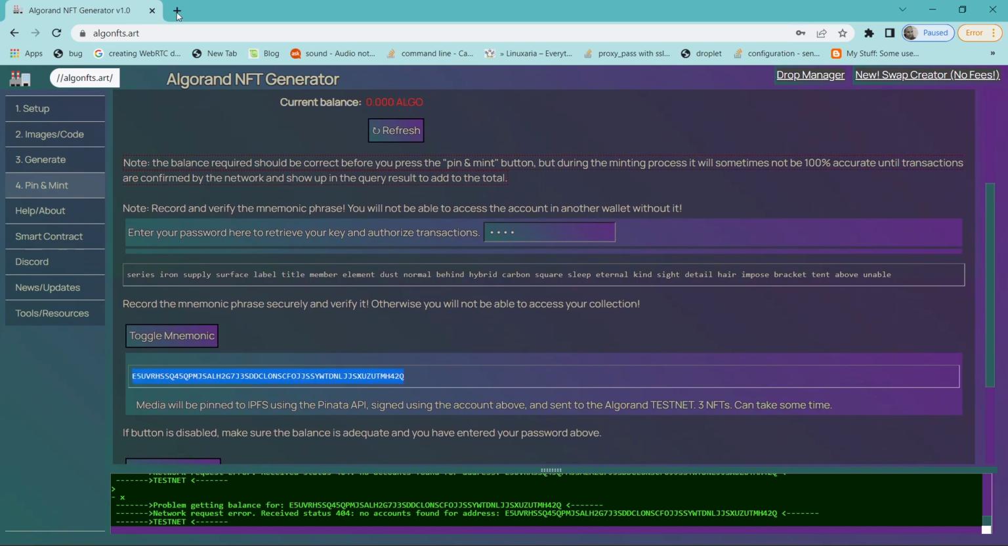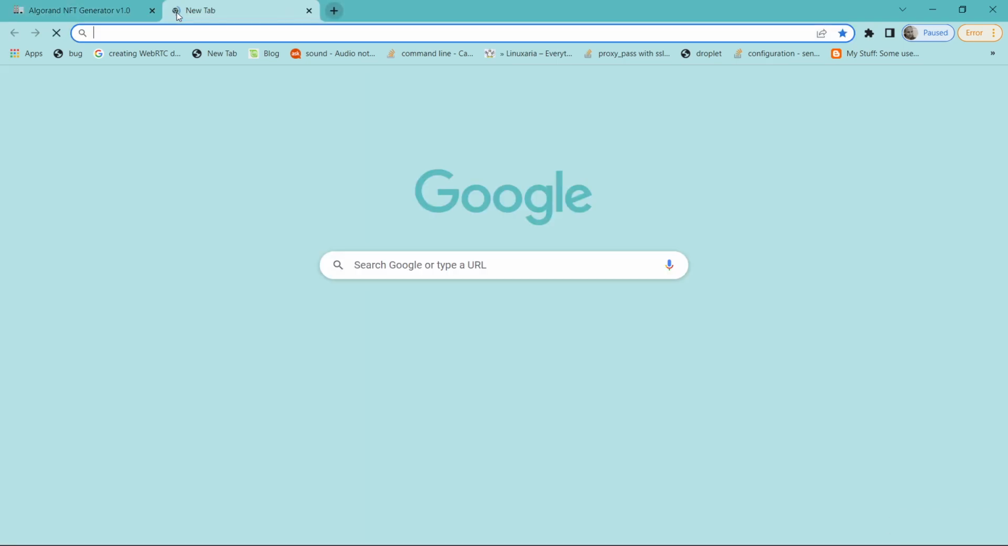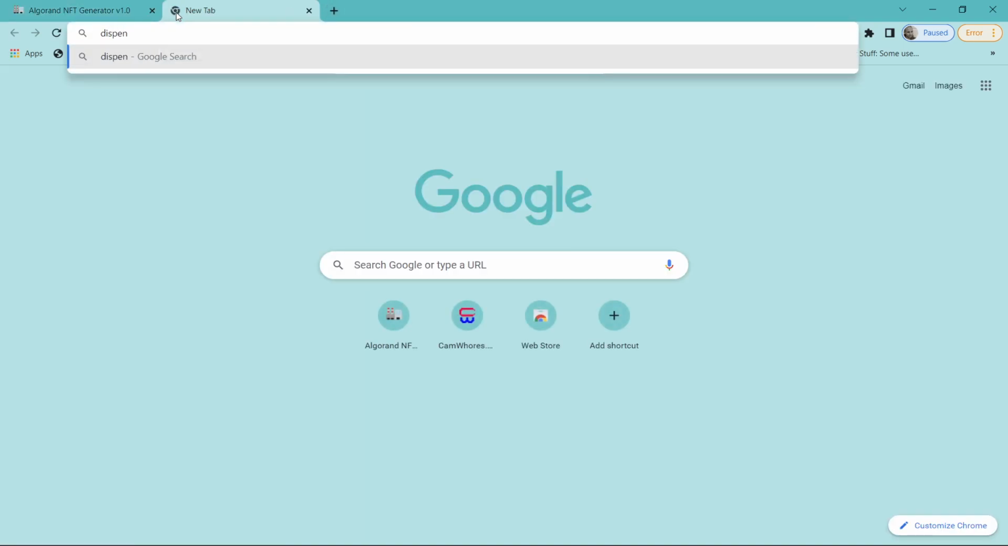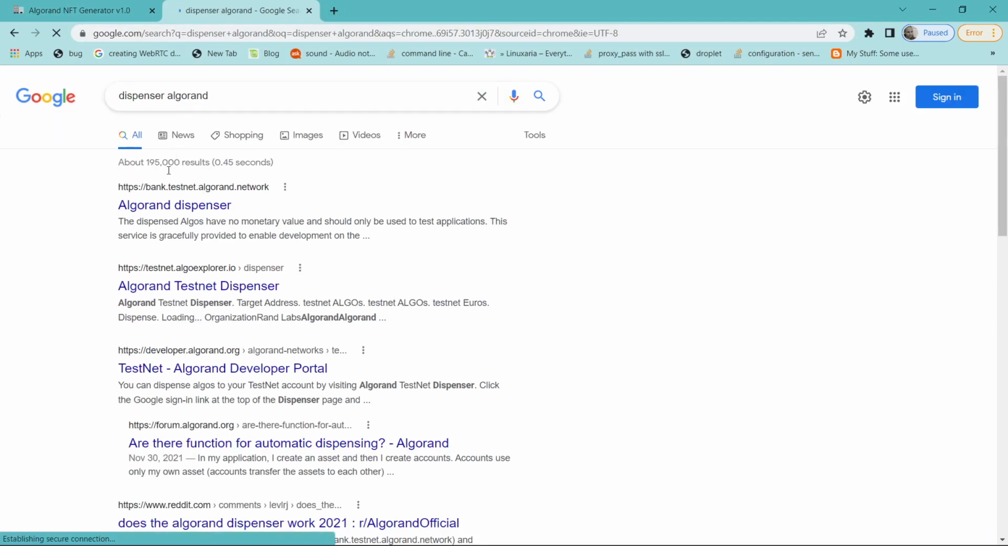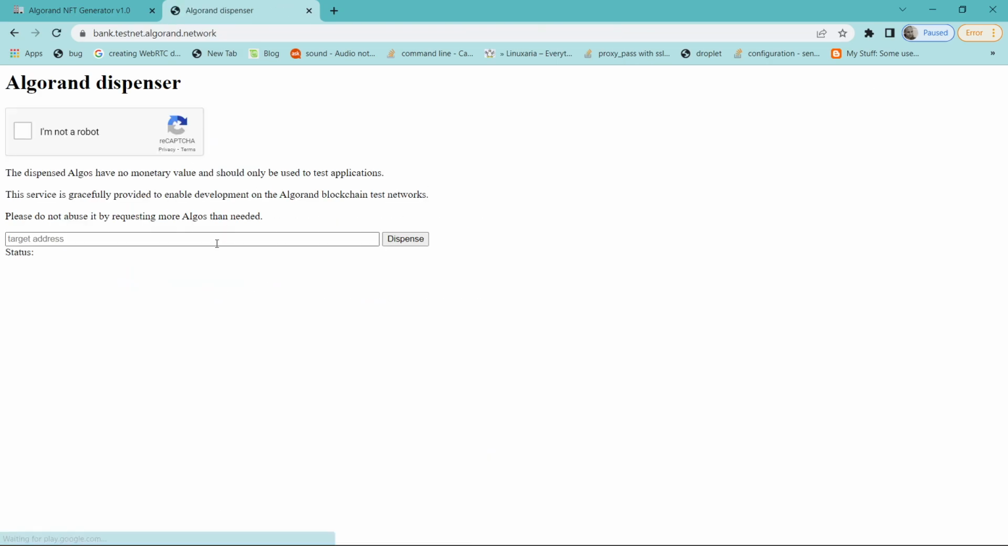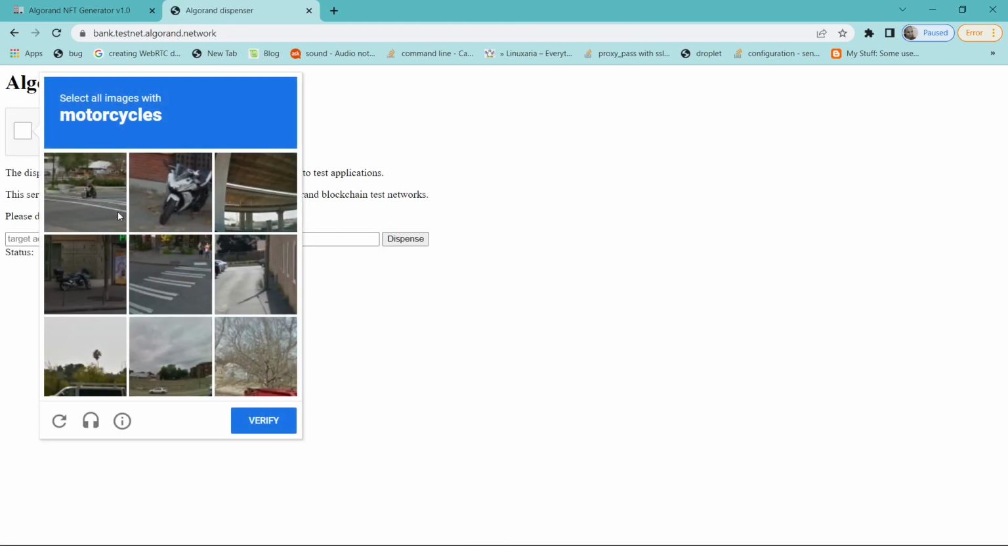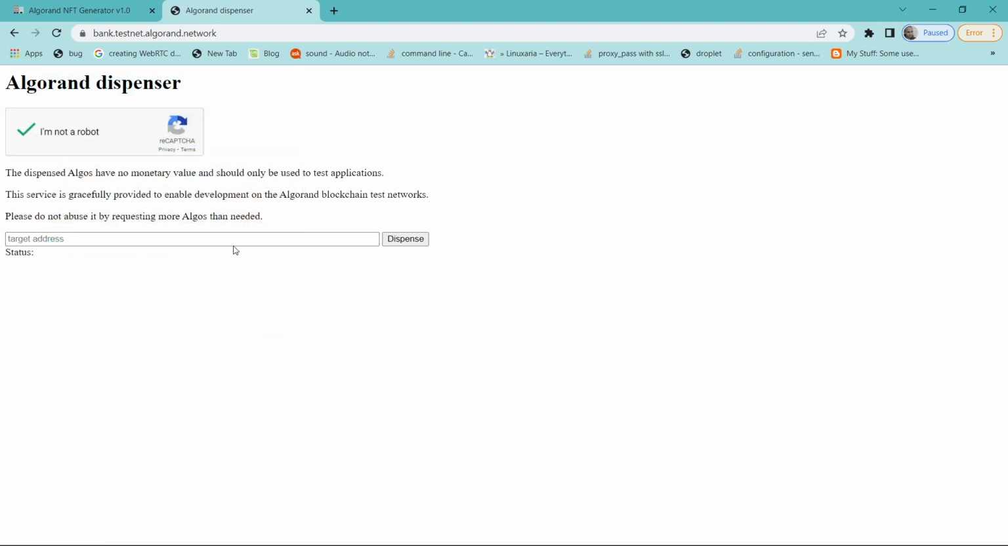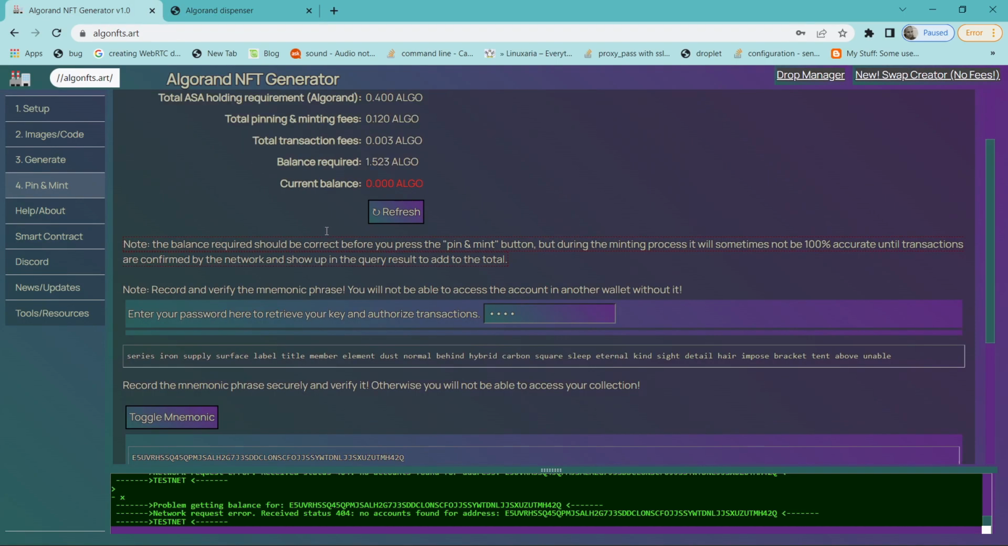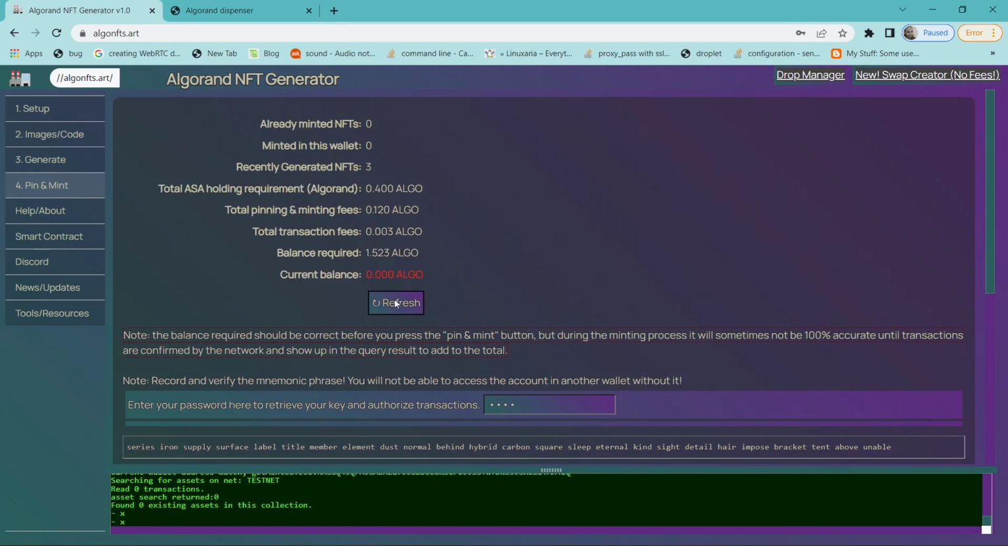Let's see if I can go to dispenser Algorand. Okay. I'm going to try to get some free testnet algos. Theoretically, if we wait about 5 or 10 seconds, this will show up. I'm hitting the refresh. Here we go. Okay, so now we've got 10 testnet algos,